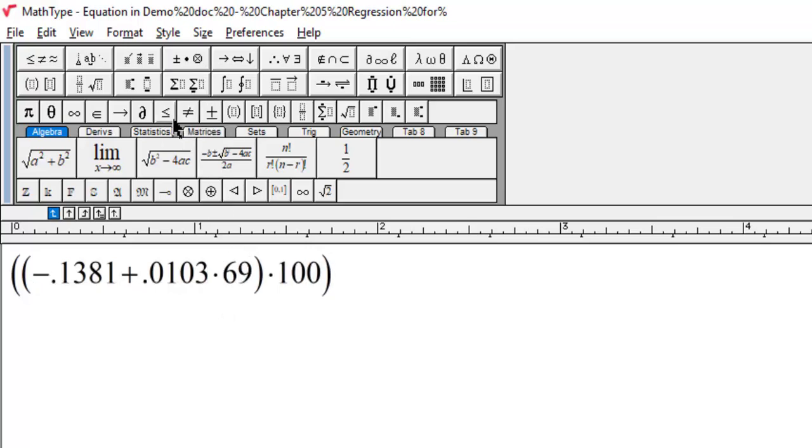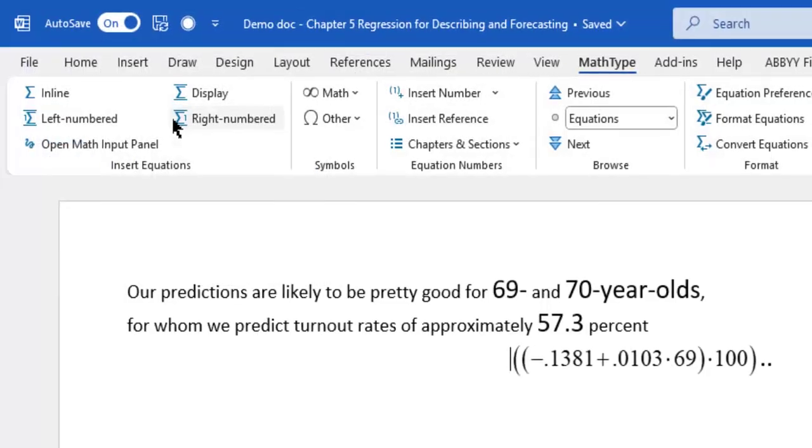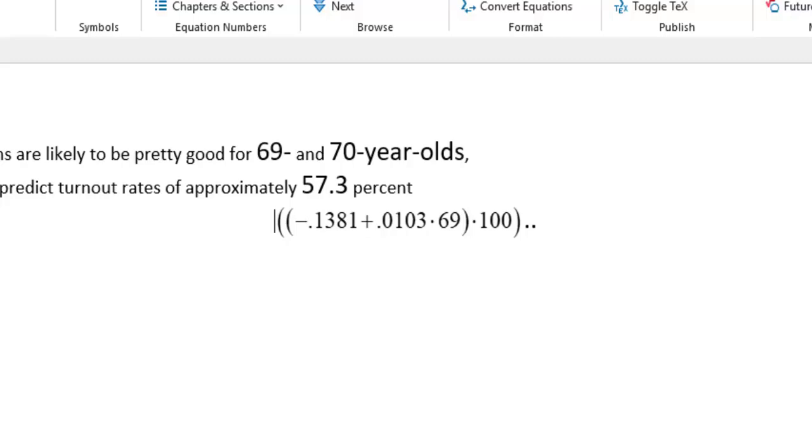Let's read through one more time with JAWS. Math content left paren negative 0.1381 plus 0.0103 dot operator 69 right paren dot operator 100 right paren... page break. Yep, sounding great. How about with NVDA? Open paren, negative 0.1381 plus 0.0103 times 69, close paren, times 100, close paren, page break. So good. We also get the knock-on benefit of being able to convert these MathType equations to Nemeth